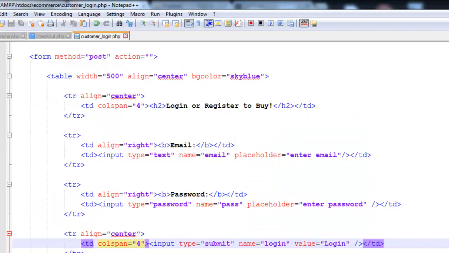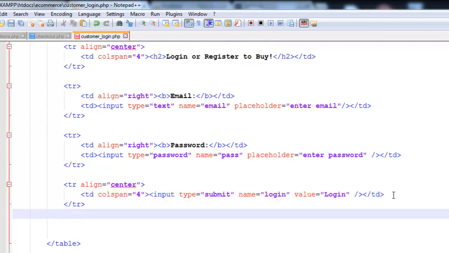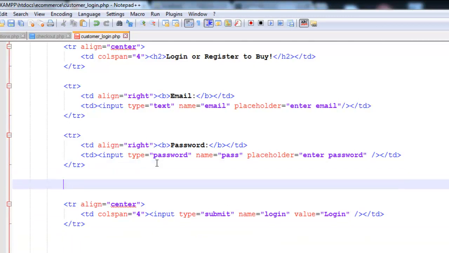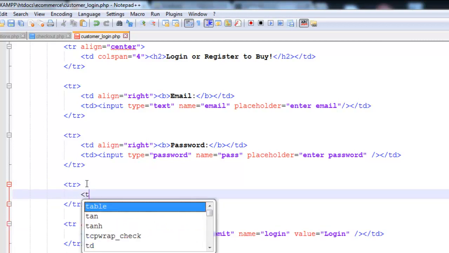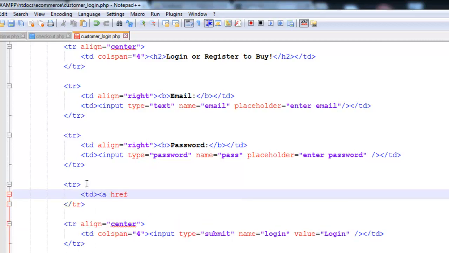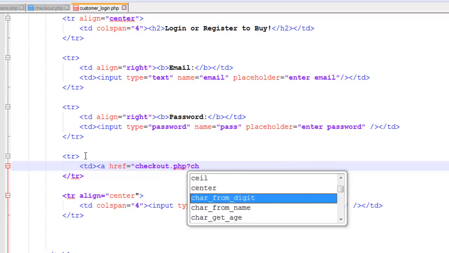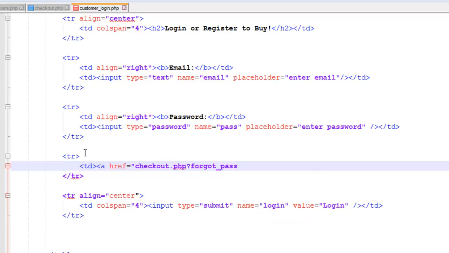Just after, here, not here but before this, here, tr, one more tr, td, and we will say href is equal to checkout.php, and we will create a get variable, change, forgot underscore pass. That's it,